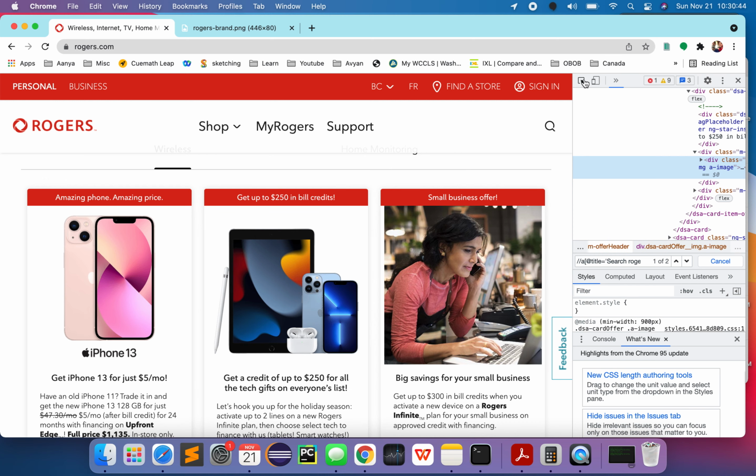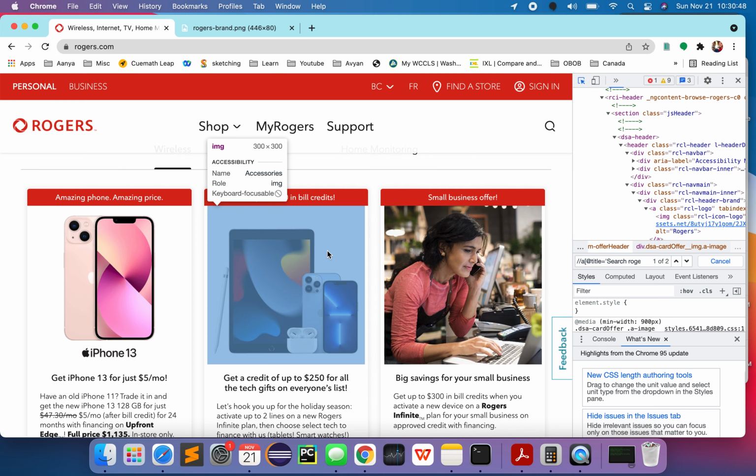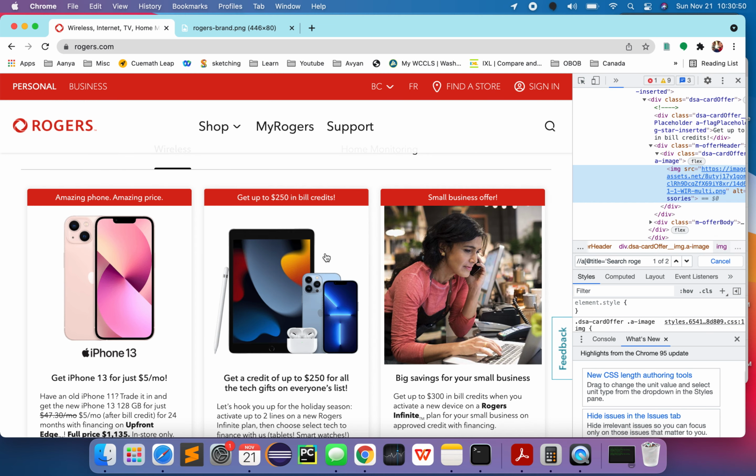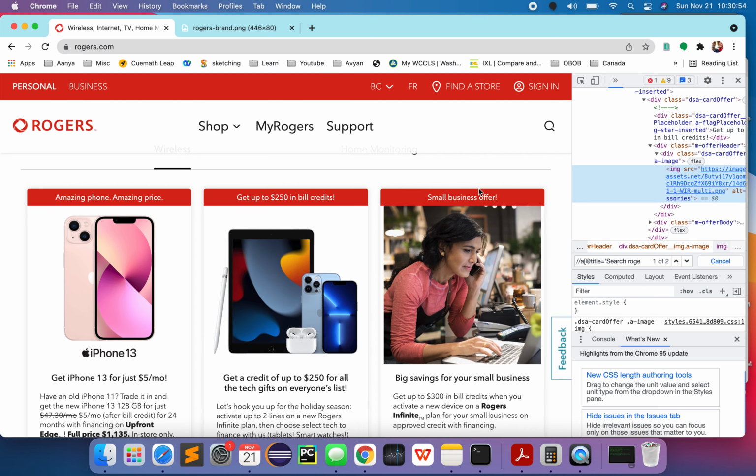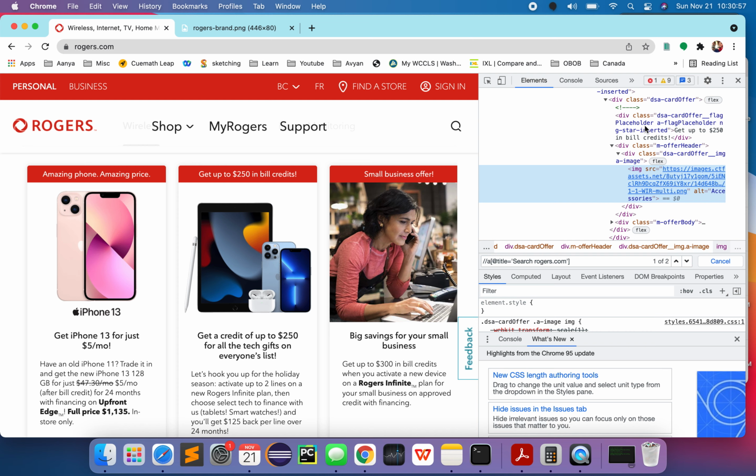I'll do the same thing again. I'm showing you again: click here and then click here. It will directly focus you over here on which element that is. So it's an image again. Not always is it an image; sometimes it's a div, sometimes a span, and its alt is accessories, okay?